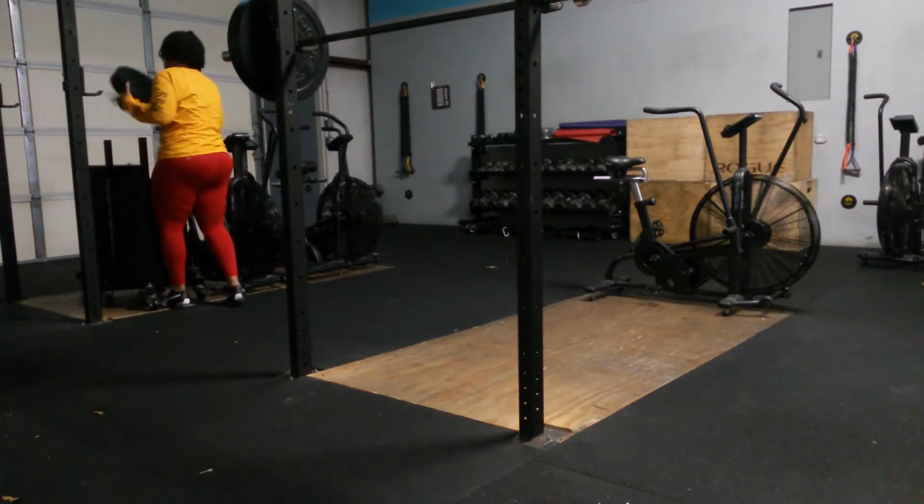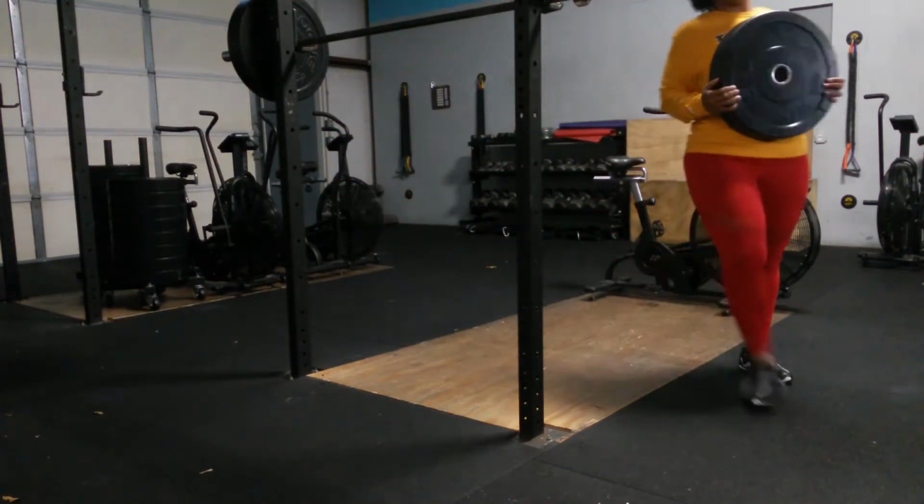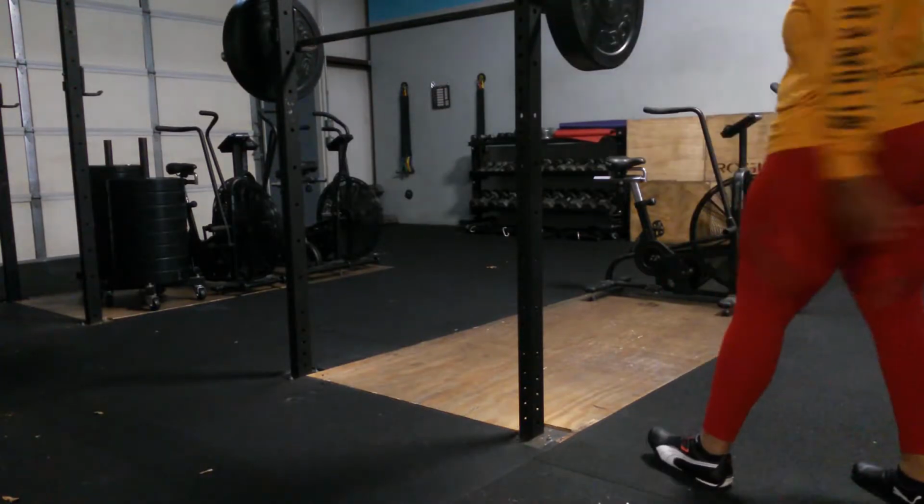I hate these weights at the gym. They tend to get stuck to one another. It's not that I can't lift them, it's that they get stuck, which sucks. But anyway,